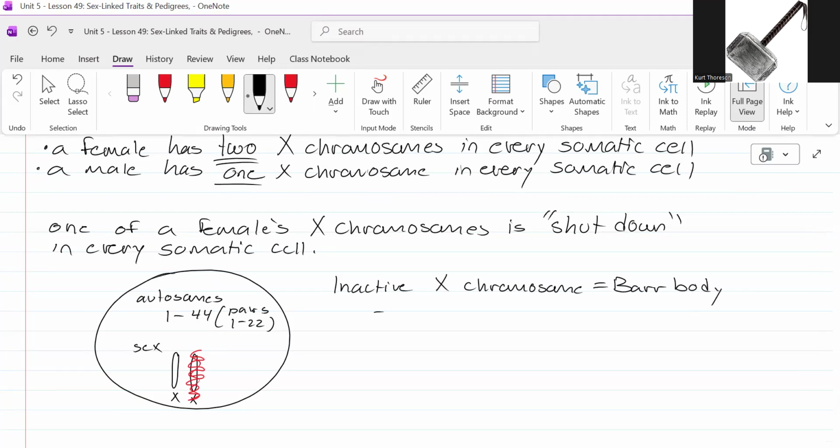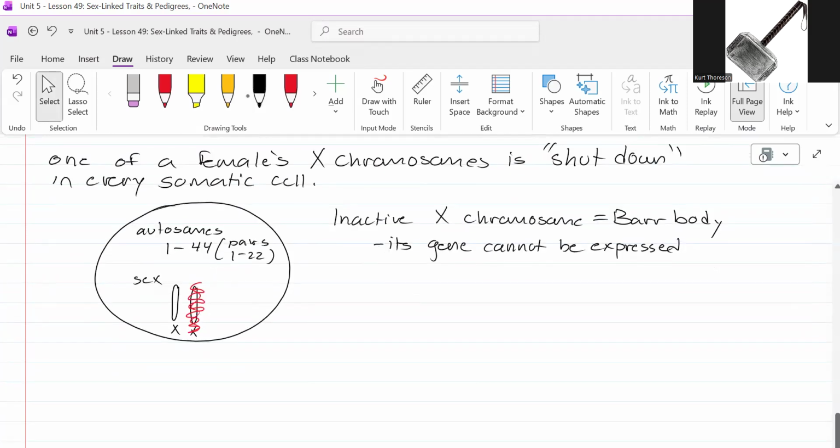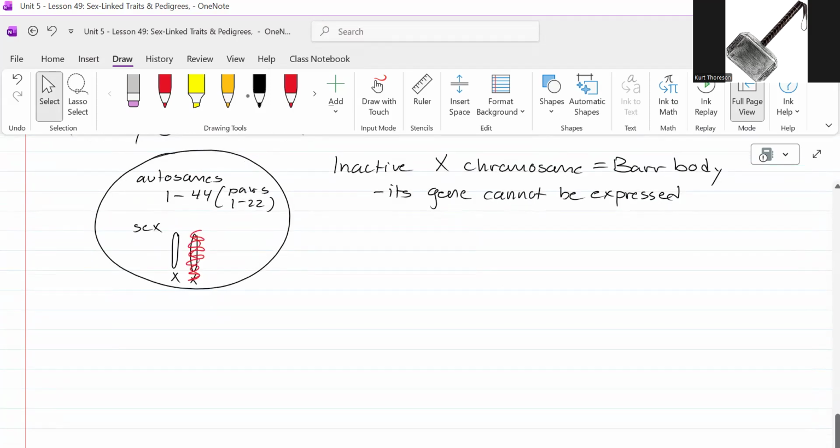Now, when I say it's inactive, its genes cannot be expressed. Okay? Now, a few things. What happened to this inactive X chromosome? The X inactivation